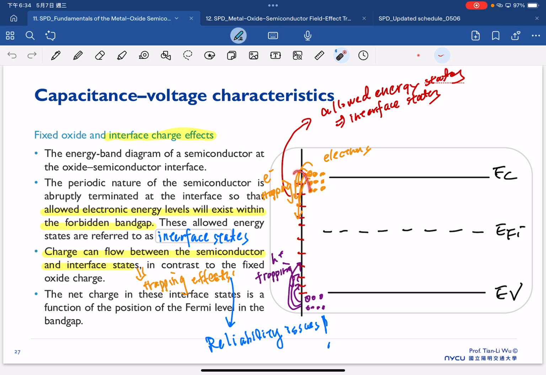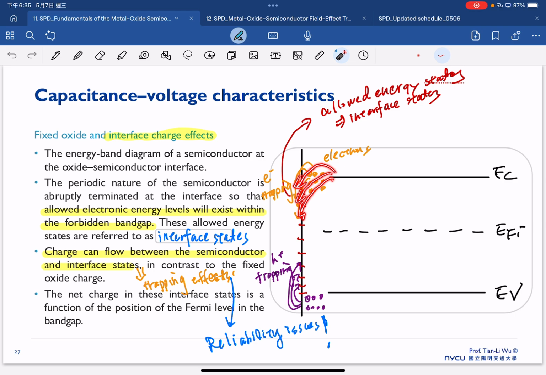So this allowed energy state at the interface is why we call it an interface state, as shown here. And once we give a bias on our metal side, in the end we can create electrons at the surface, and then the electrons have a chance to jump into this interface state,